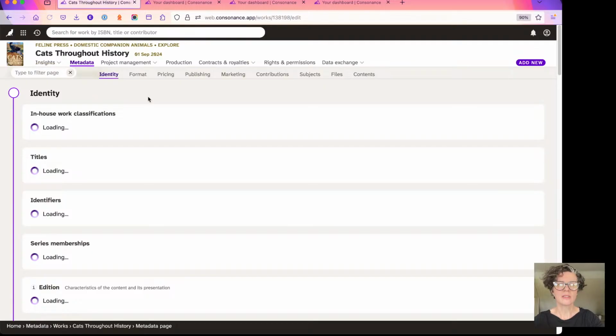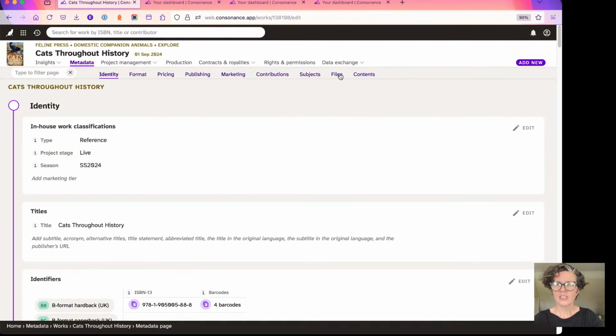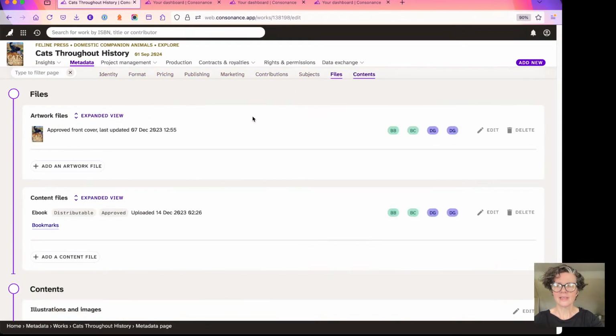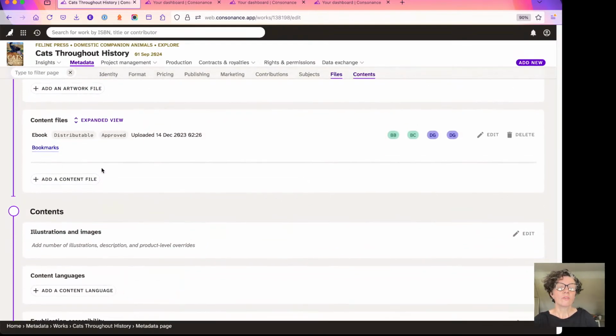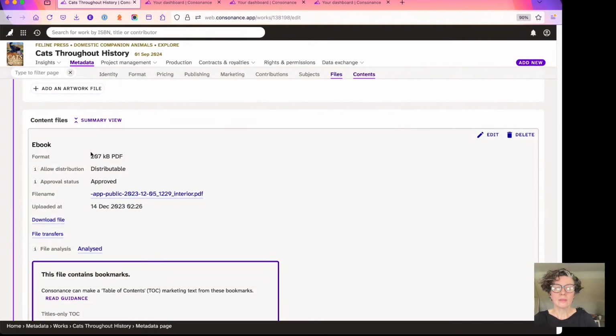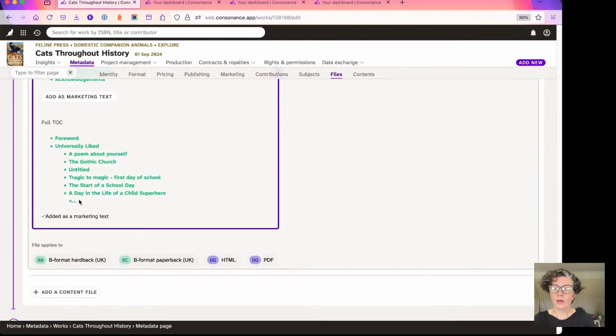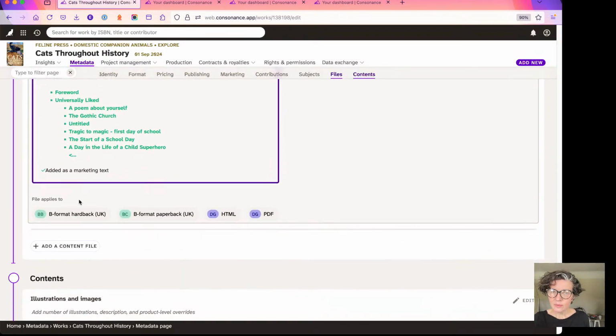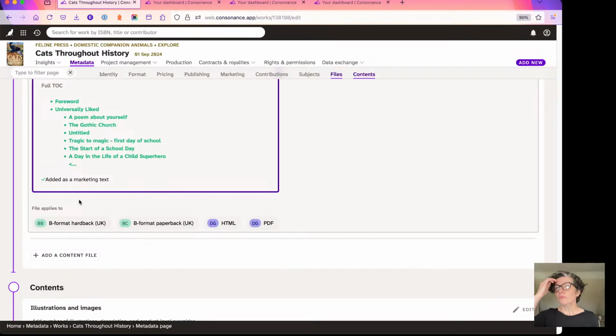So let's go to the metadata page, and I'm going to jump immediately to files, for files is what we're going to be uploading. And you can see already that I've got a front cover, lovely. I have got a content file, and it's got bookmarks in it. If we look on the expanded view for that, I can see that it's got bookmarks, but it didn't have any accessibility information. And so, Consonance cannot magic up